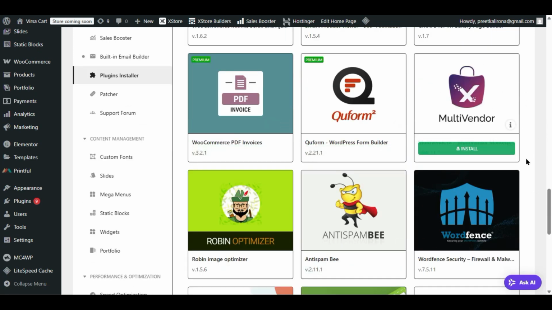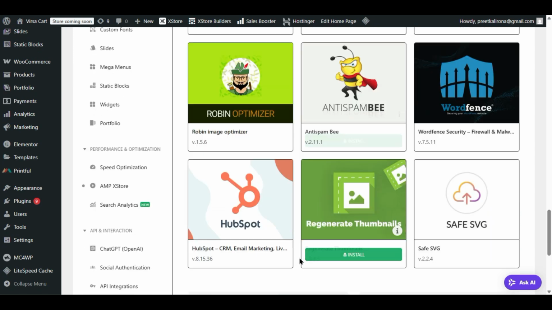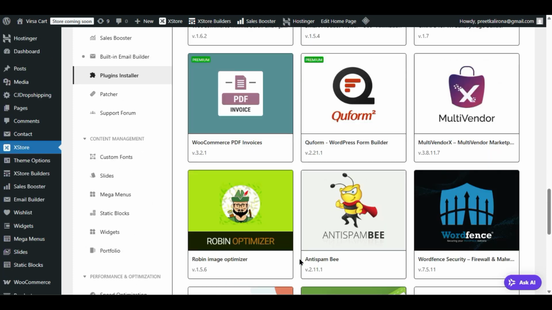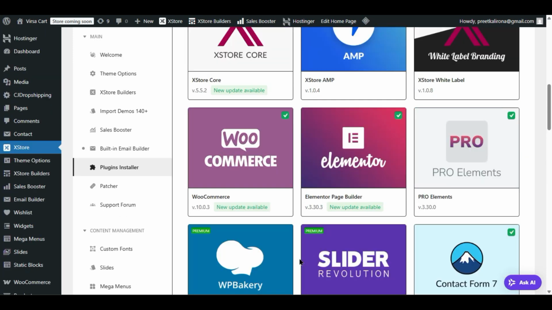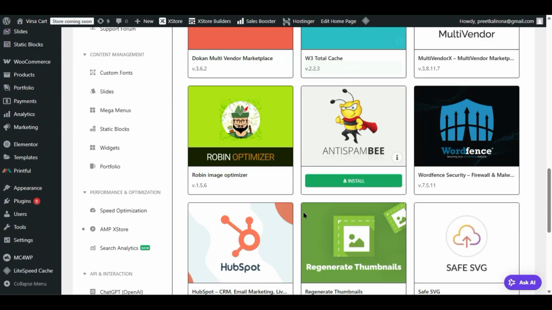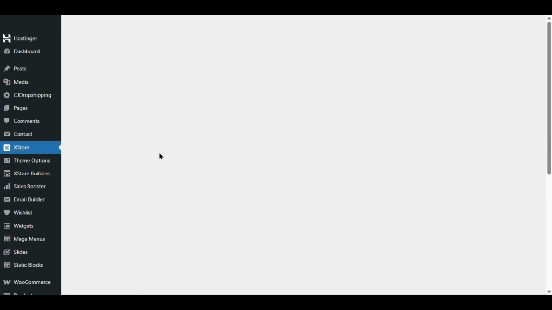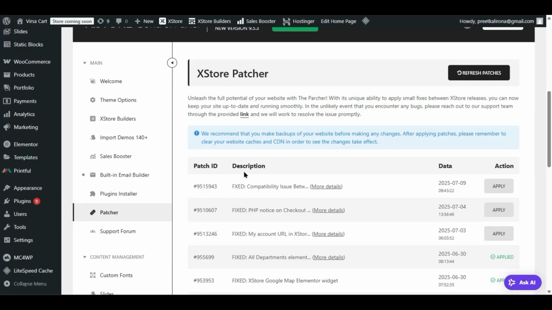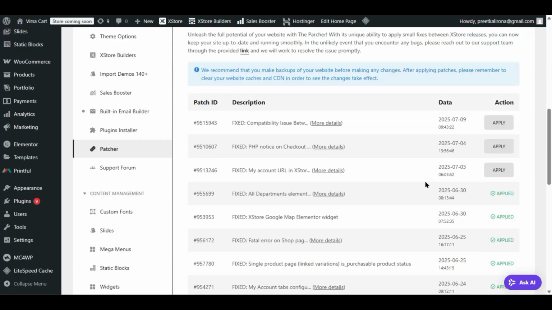Like multi-vendor, we have a plugin here. If you want to enable multi-vendor functionality on your website, then there are also form builder and PDF invoices. It gives you every type of plugin you require in order to successfully run an e-commerce business. You can also filter your plugins here, whether they are active or inactive, premium or free. If you click on free, you will find the free plugins here. Under the patches option, you will be able to see what type of issues were already fixed, for example, compatibility